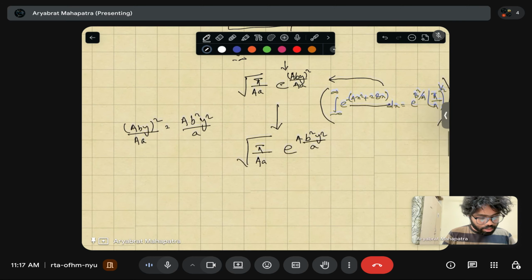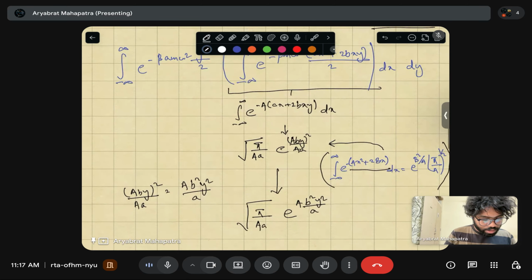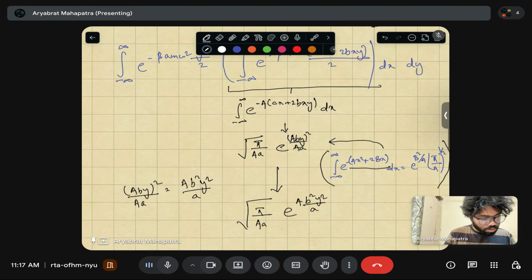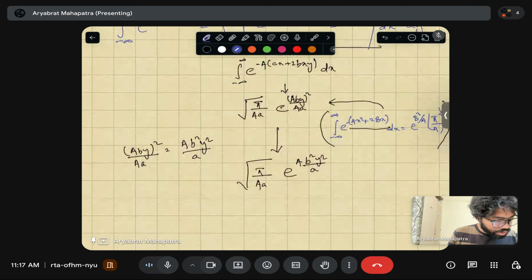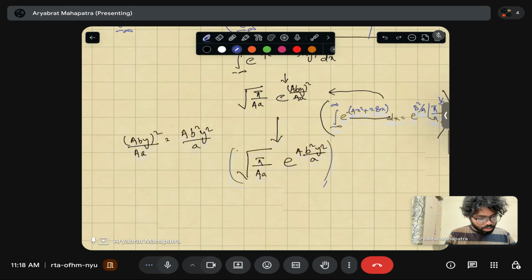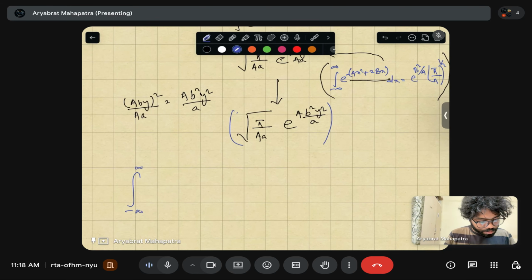Okay, so then the integral now what you can write here. So now you have got in terms of y. So you see that this integral which you got is in terms of y square y. So now you have to integrate out with respect to y. So for that you have